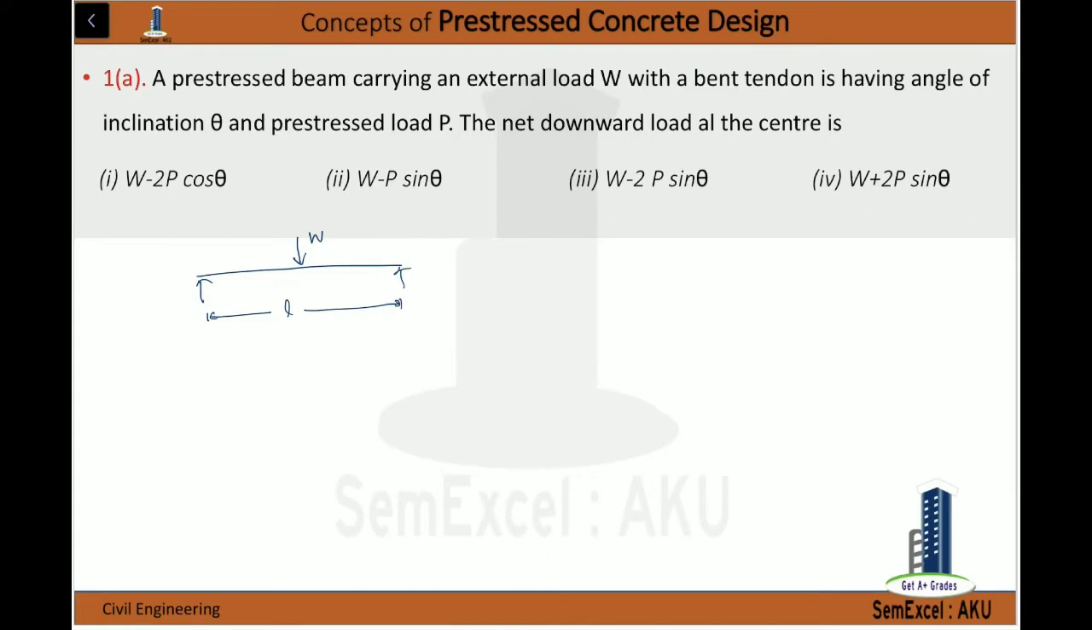Now we all know the bending moment diagram for this type of loading and the support condition. This is the bending moment diagram. The maximum moment will be at the center. It will be equal to WL/4. Now let's say we have only this moment, and if somebody asks you what is the equivalent loading for this bending moment,